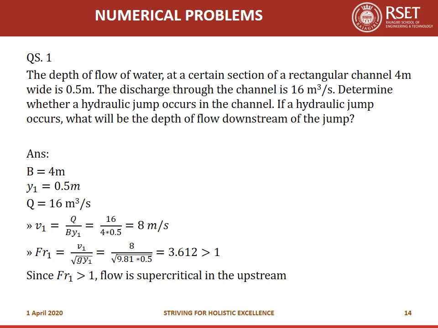If flow is supercritical in the upstream, hydraulic jump will occur. So that is the prerequisite for a hydraulic jump to occur, that the Froude number becomes greater than 1 at the upstream section. If the Froude number at the upstream section is greater than 1, we can prove that